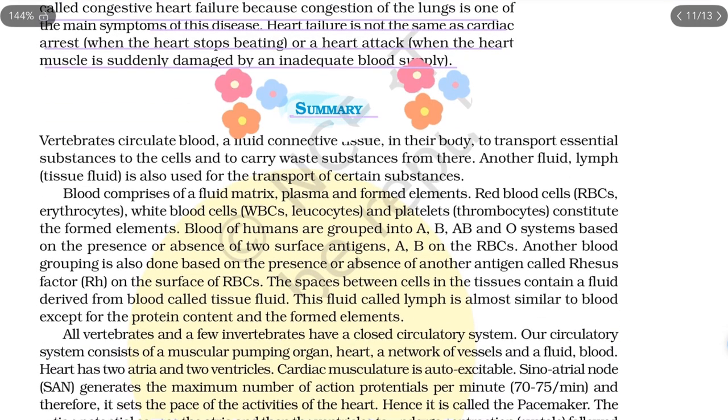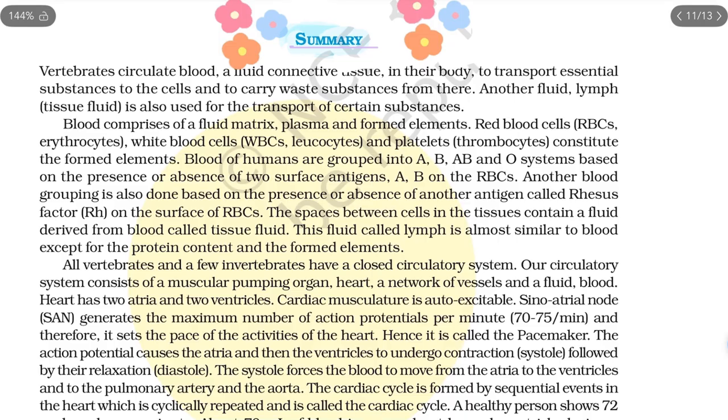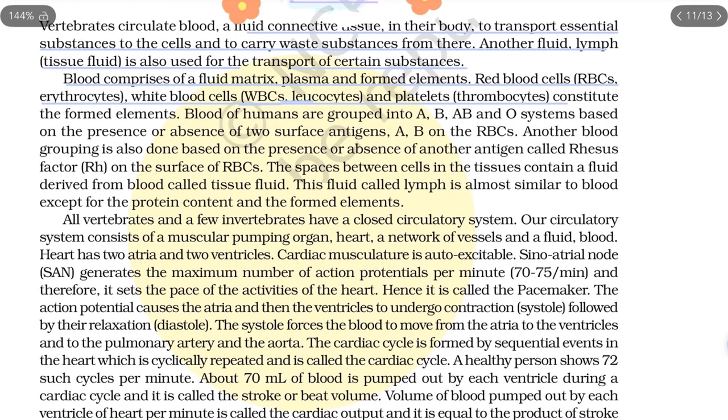Summary. Vertebrates circulate blood, a fluid connective tissue, in their body to transport essential substances to the cells and to carry waste substances from there. Another fluid, lymph (tissue fluid), is also used for the transport of certain substances. Blood comprises a fluid matrix, plasma, and formed elements. Red blood cells (RBCs, erythrocytes), white blood cells (WBCs, leukocytes), and platelets (thrombocytes)